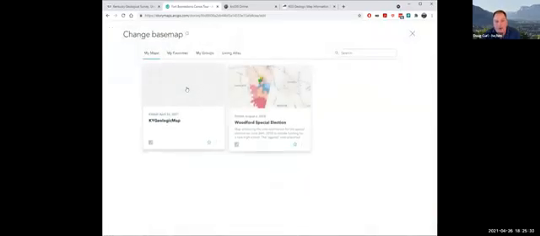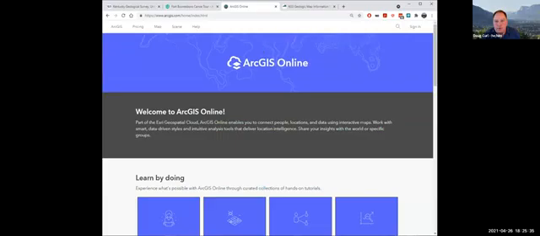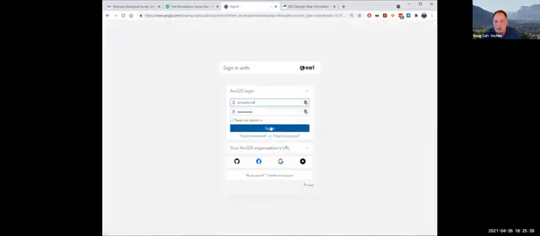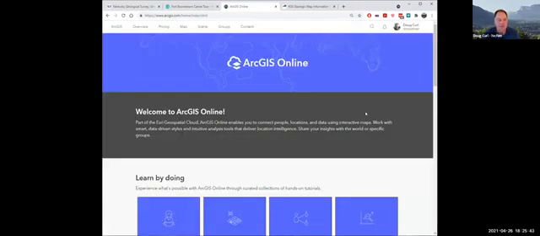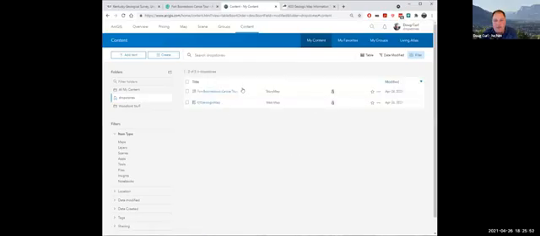And I've made one already, but what I want to show you is in ArcGIS Online, if you had signed into ArcGIS Online, so this is using my same account, but this is the ArcGIS Online part of it, not the StoryMaps part. But in my content, I've created, this is my story map that I'm working on. And this is a web map that I created called Kentucky Geologic Map.